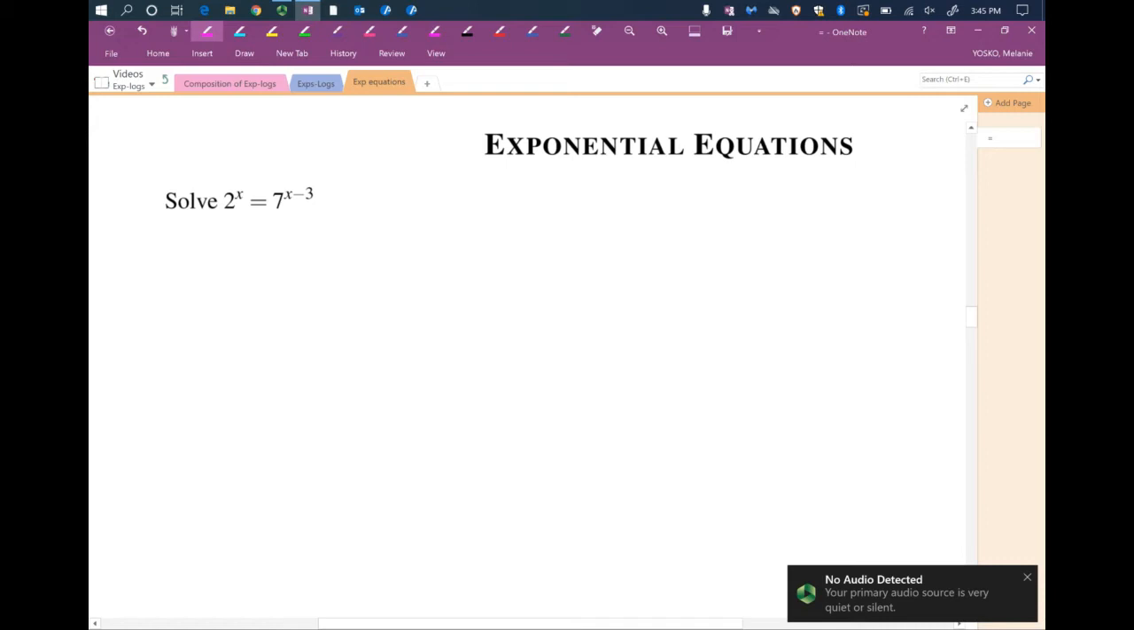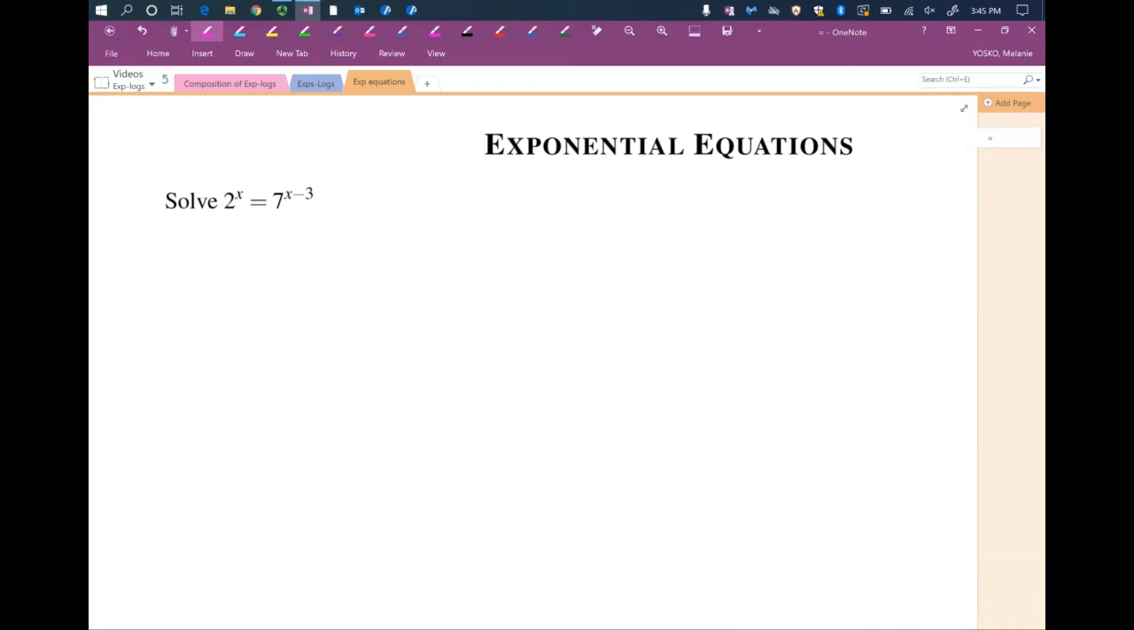Solve 2 to the x equals 7 to the x minus 3. Well, we're trying to solve for x, but x is in the exponent, so we really can't do anything in this form. But maybe we can change it to a logarithm, because we have some super fun logarithm rules that